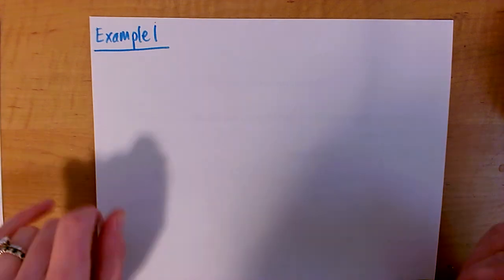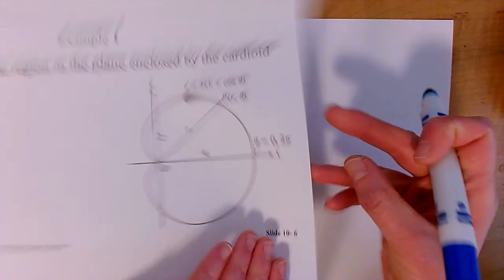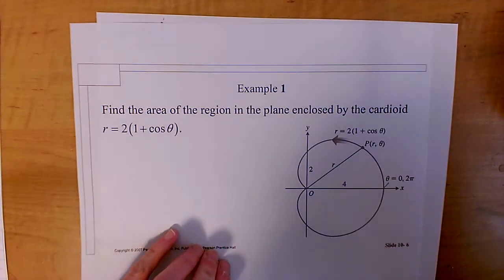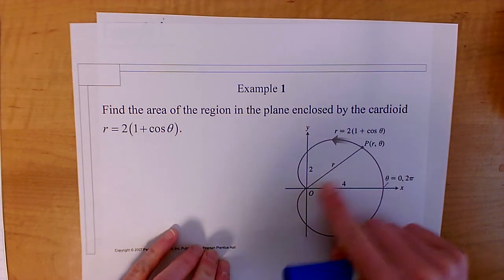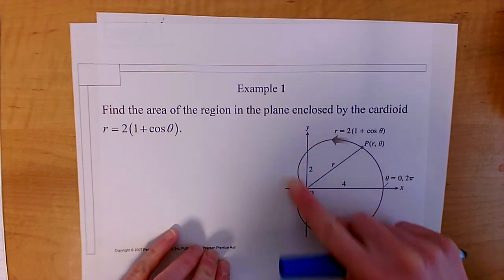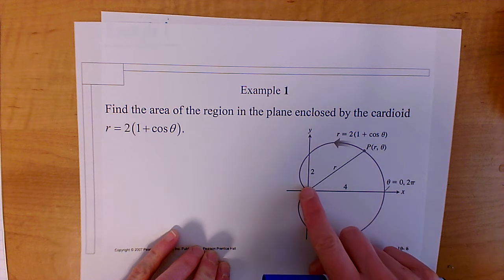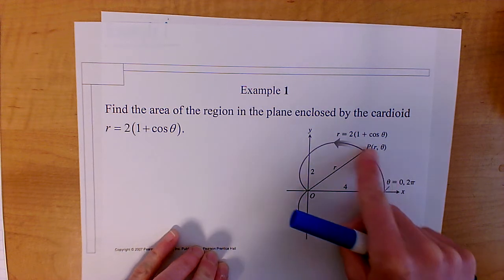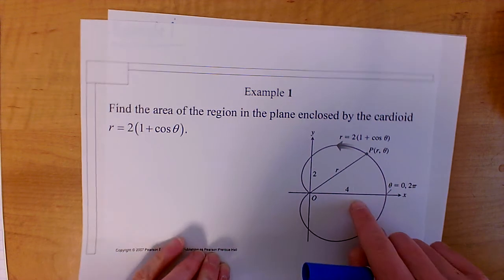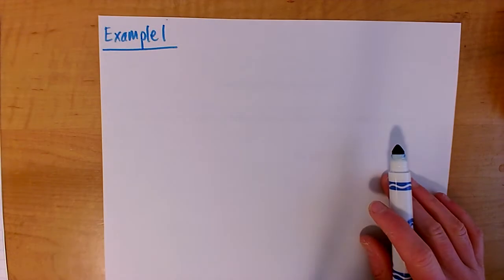So by graphing it, you can see that this radius OP will sweep out the region exactly once as you go from 0 to 2 pi, right? So if we start at 0 and we kind of wrap around, we're going to go through the whole region once, okay? So then what we could say is,